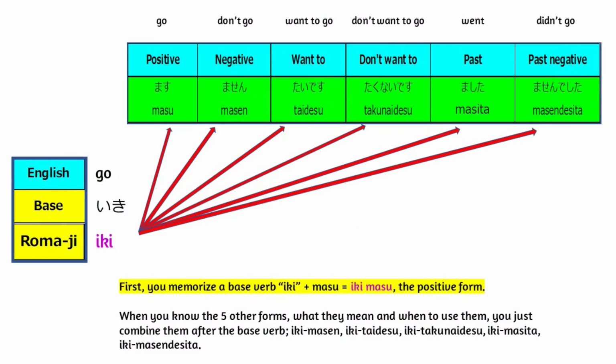Base verb for go is 行き, so you memorize ます form first. 行きます。Later, you can practice other 5 forms. 行きません。行きたいです。行きたくないです。行きました。行きませんでした。